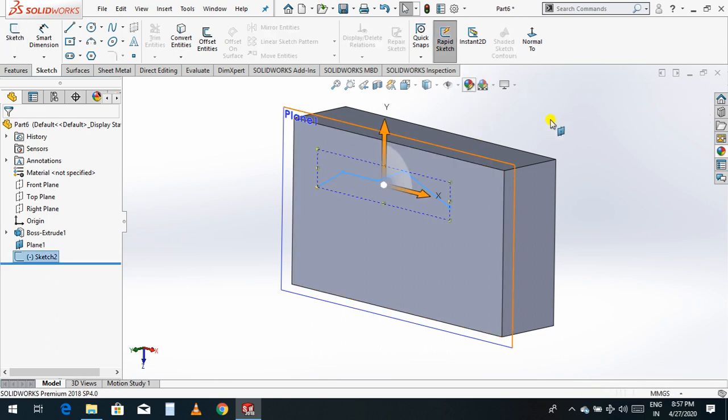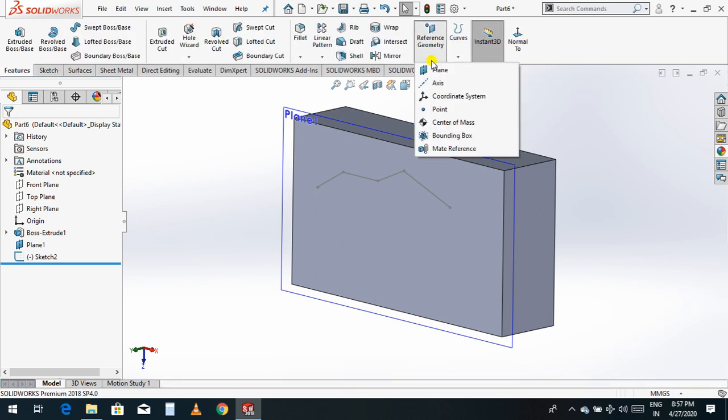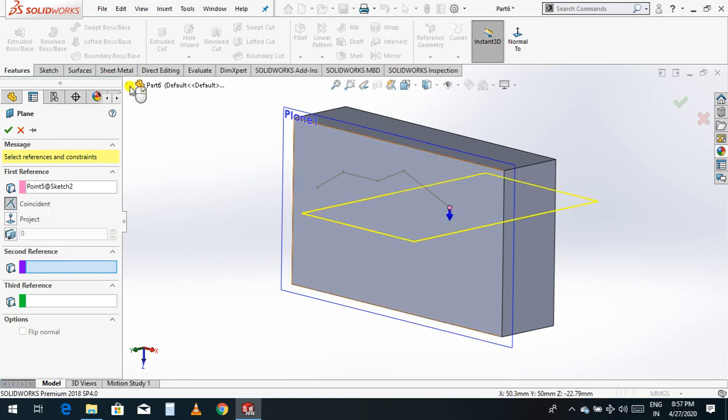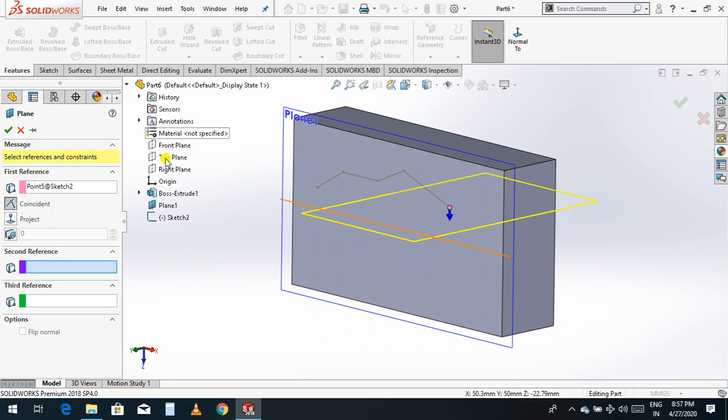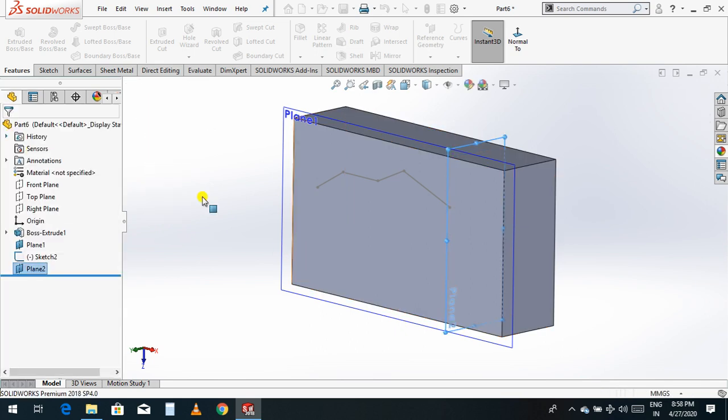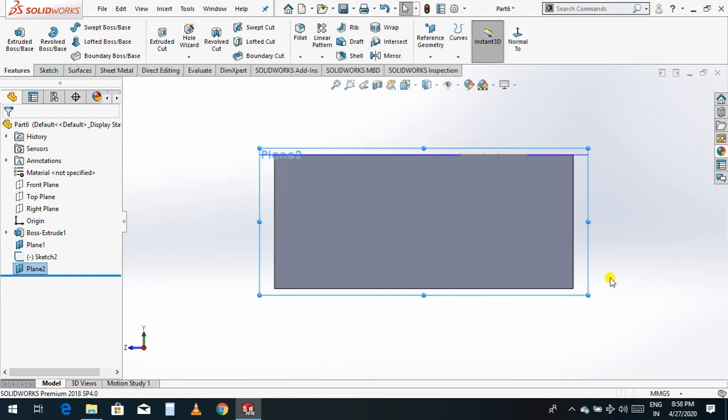Now go to the feature, select this plane and select this point, and then select the right plane. Give it the right plane. Okay, now go to normal and just rotate this.